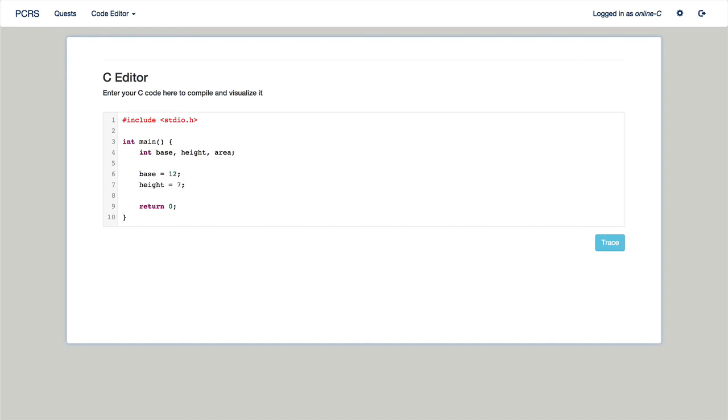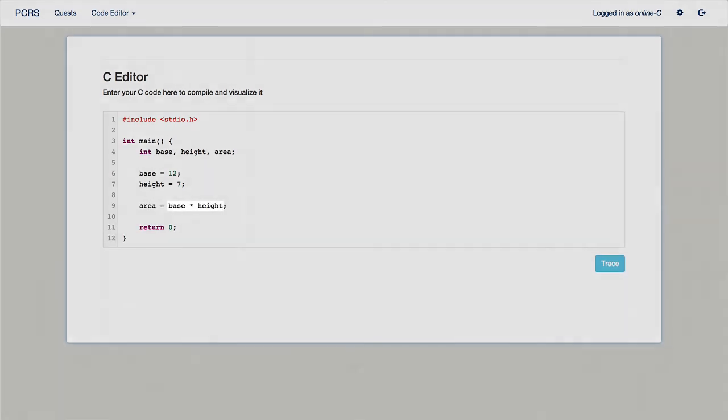We need to use another assignment statement to set the value of the rectangle's area, but we don't have an explicit value to work with. Instead, we'll use an expression to calculate the area using the variables for base and height. Expressions are ways of performing calculations using arithmetic and logical operators. You can see the familiar assignment operator, but this time we have two variables and an additional symbol on the